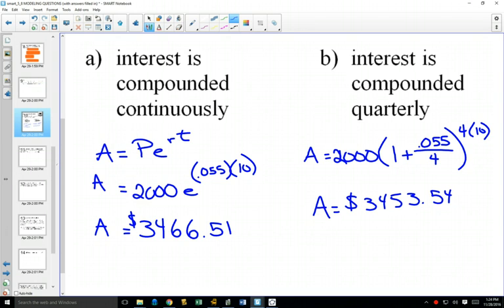So the interesting thing, compounding is important. And compounding does make a difference over time. But the biggest thing that's going to make your difference in any kind of interest thing that you ever encounter in your life is the interest rate. A small increase in the interest rate, which here is 5.5%, can make a huge difference in amounts. And that's something I'm going to show you next class with mortgages.